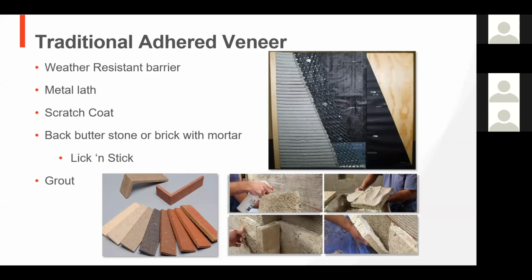Now it works, as we've seen for years and years and years, but there's some issues, and we'll show you a few pictures of that as well. So that's traditional, that's how they do it. And then of course you can grout, you have all your different grout materials, colors, and things like that. So that's traditional. Now what we propose is